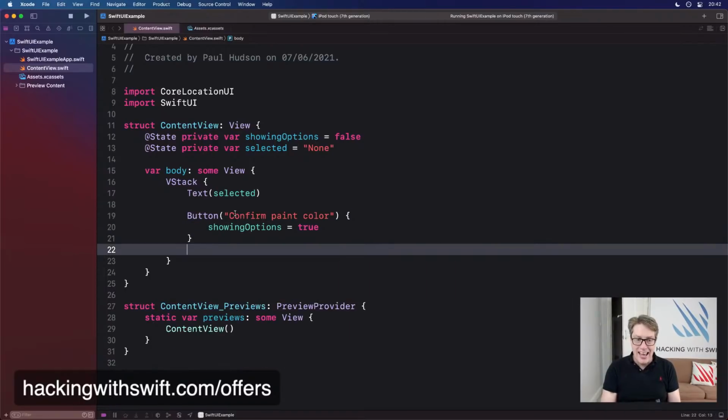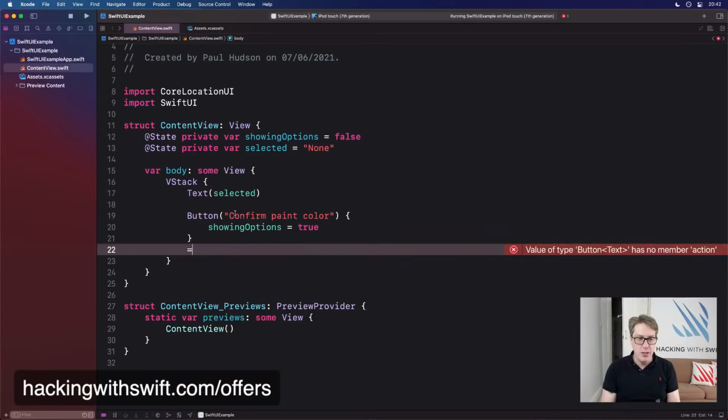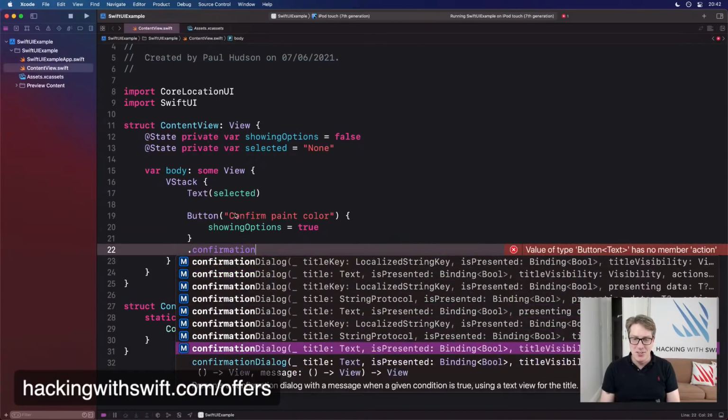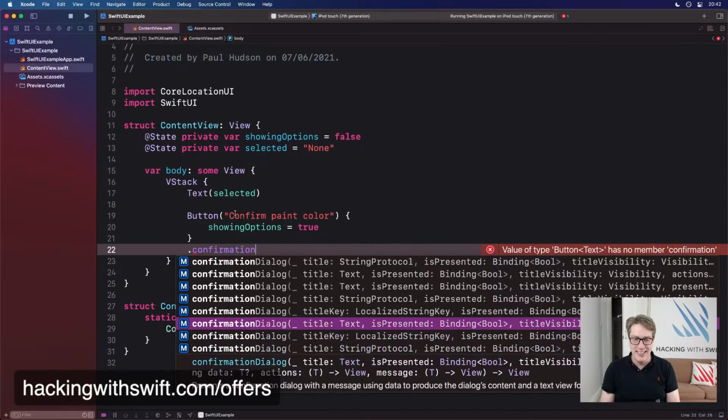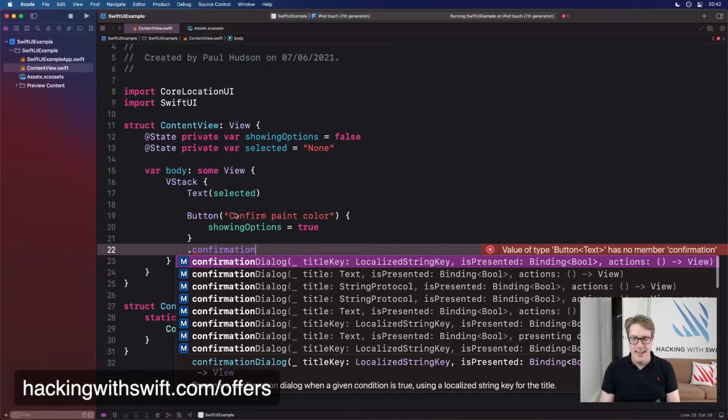Now, to handle the action sheet, we don't want to use actionSheet anymore because that's the old API. Got to use their fancy pants buttons. You've got to not support macOS. We're going to use the new confirmationDialog option here. And there's quite a few of these. They've really gone to town with options here, which is, yeah, I'm not going to go there. It's not ideal, let's put it that way.